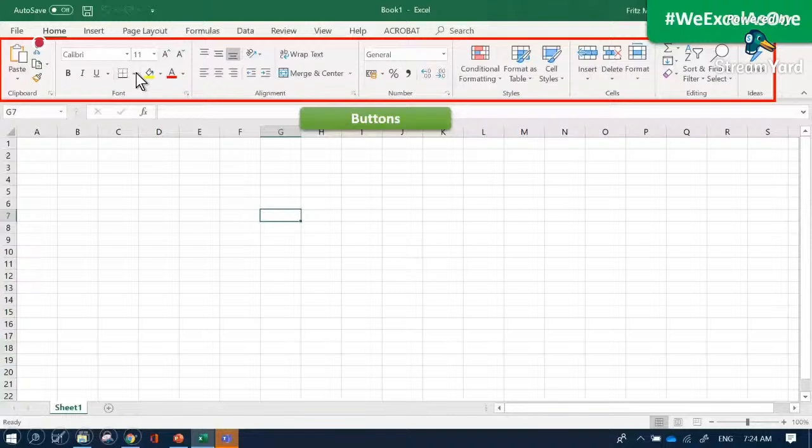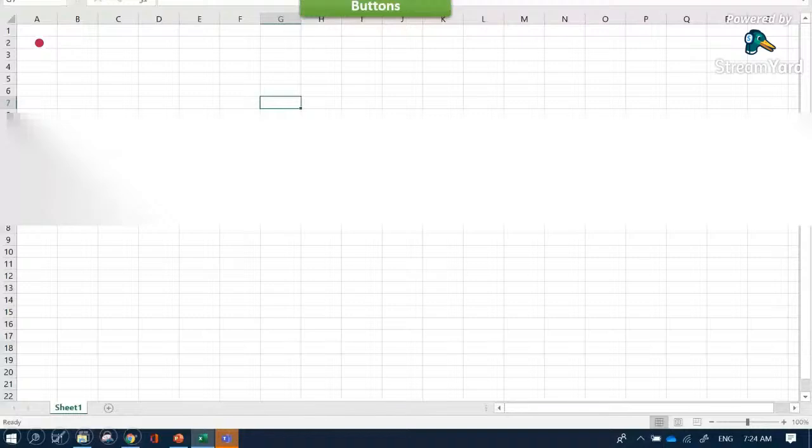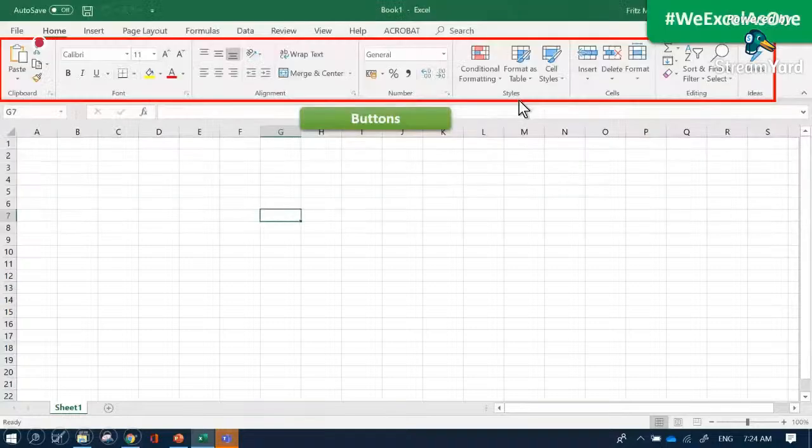Under the Home tab, we have clipboard, font, alignment, number, styles, cells, editing, and the new feature here, which is ideas. I am going to introduce ideas later.